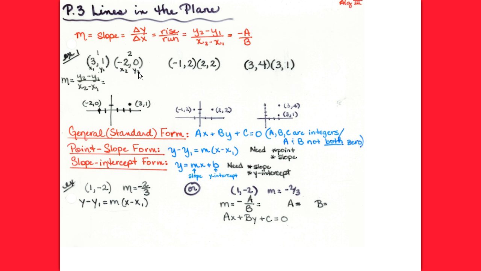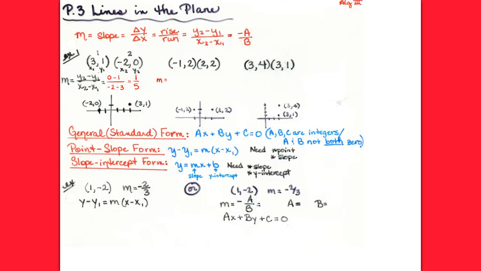Okay, so using our formula, we could say y2 minus y1, so that would give us 0 minus 1, and then x2 minus x1, so negative 2 minus 3. So what's your slope going to be? 1 over 5. You could say negative 1 over negative 5, but we would simplify that down to a positive